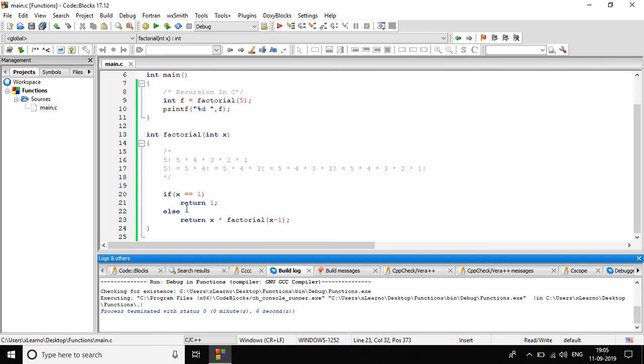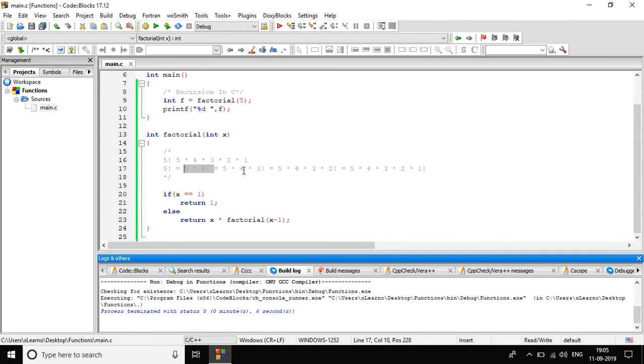Alright, so here we know that whenever we have 1 as an input, we want to return 1 because factorial of 1 is 1. But what's happening here is say we enter 5 factorial, that will be equal to 5 times 4 factorial as we can see here. So this does 5 times factorial of 4. Now what is factorial of 4? So the function is called again. This is not equal to 1. It comes here, so it does